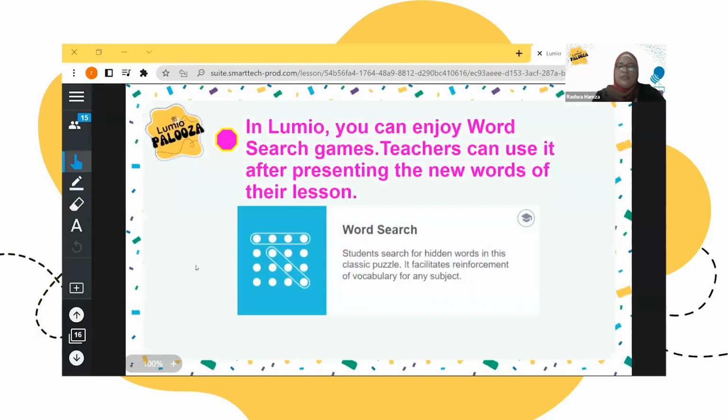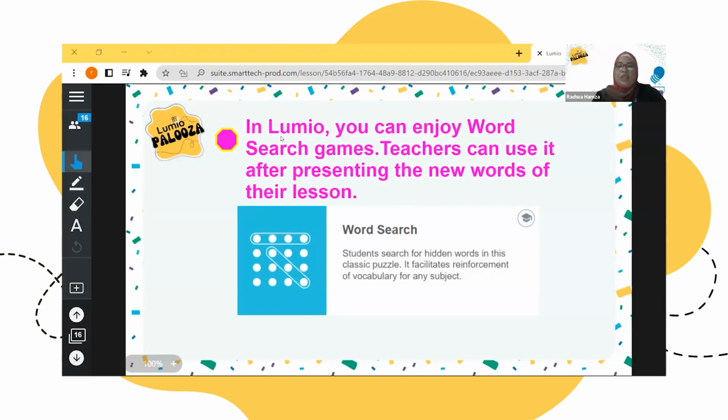Another activity in Lumio you can use is word search. English teachers and students will love it because in every vocab lesson, a teacher can give a student some words to find.